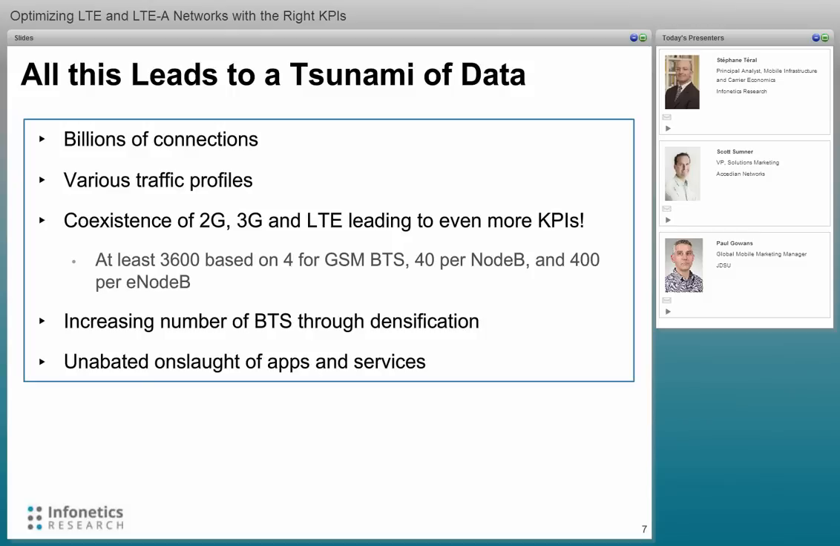This is a very different animal, right? The machines are not behaving the way humans behave. And that means you have different traffic profiles as well that you need to take into account. Whoa, this is no longer a typical voice call. And speaking of voice, 2G voice is moving to LTE, VoLTE, and that is also adding to the problems of